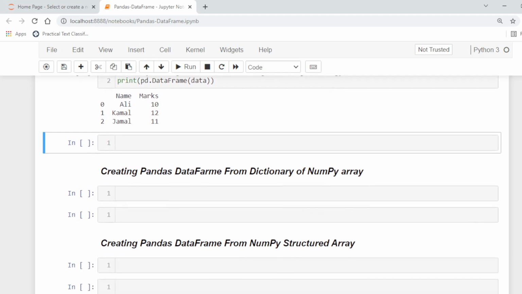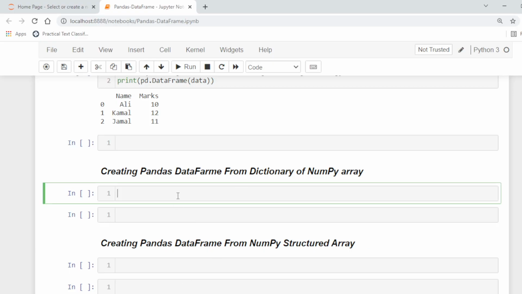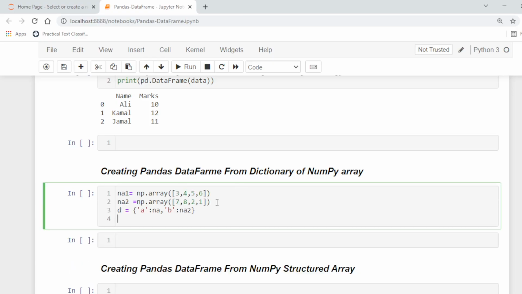Similarly, we can create a pandas data frame from a dictionary of NumPy arrays. So also we can use the NumPy array as a dictionary like this one. For example, here we have two NumPy arrays, NA1 and NA2.